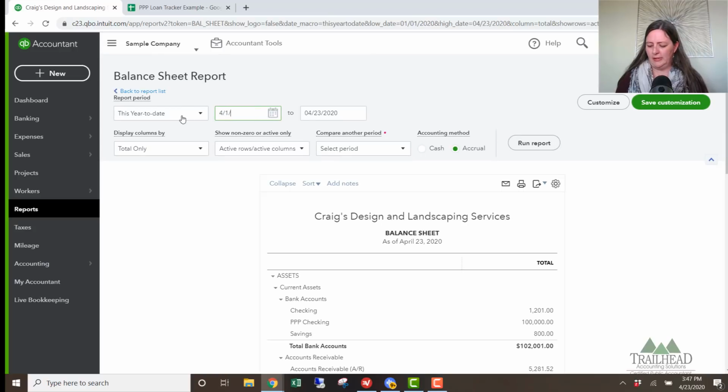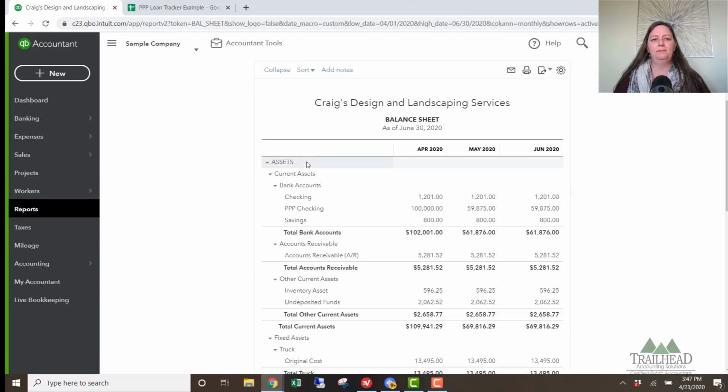So we just started entering stuff in April, so let's start there. And I'm going to pull this through. We didn't put any expenses in June, but I'll just show you. And I'm going to pull it by months, so then you can look month to month what's going on. It's kind of a fun trick. I like to see this because you can compare month to month, and it's an easy way to find errors